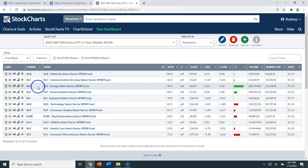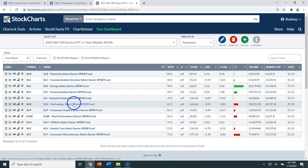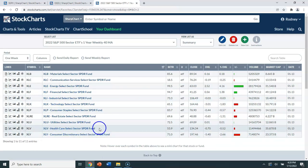Energy has been just a monster, guys, and it was up 4.16% for the week so far, right, on a rolling 1 week basis. And then financials is also positive, up 1.38. Financials should benefit from rising rates. That's part of the reason why that is working. But again, you can see technology down 1.80 for the week, and then consumer discretionary, also another very important sector